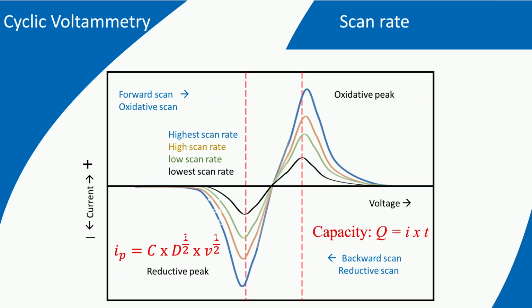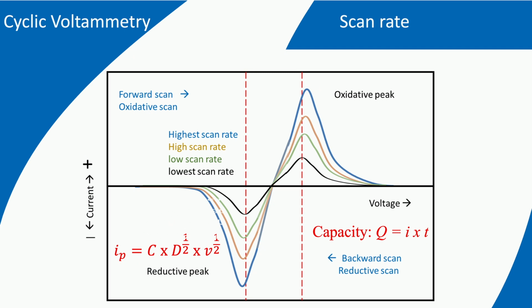Another interesting parameter that can be analyzed using cyclic voltammetry is the diffusion coefficient of the migrating electroactive species. This can be done by using the so-called Randles-Sevcik equation, which relates the peak current Ip to the diffusion coefficient D of the electroactive species. We then need to scan at various scan rates v.